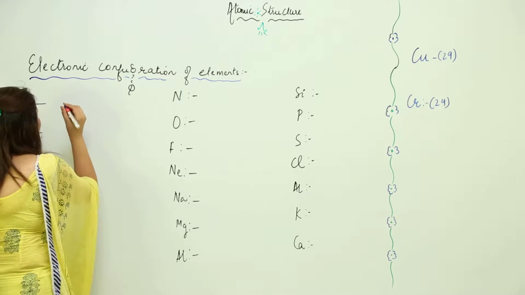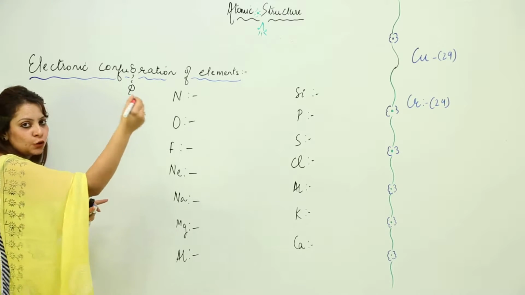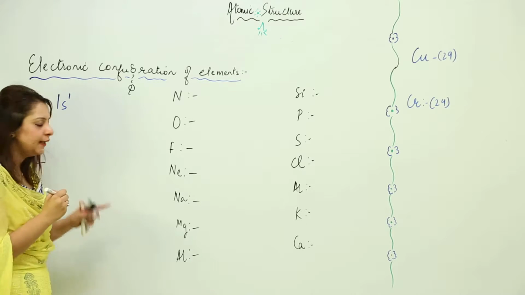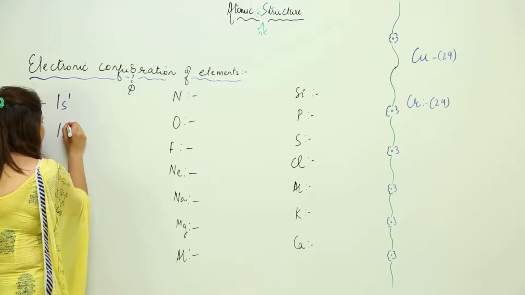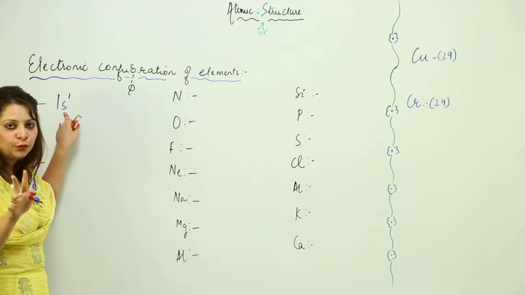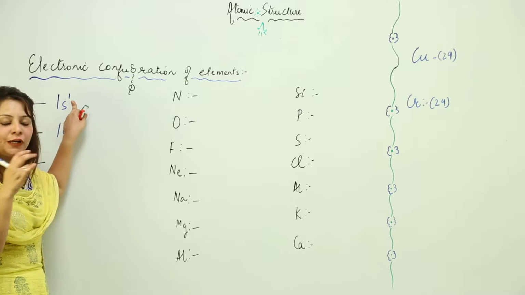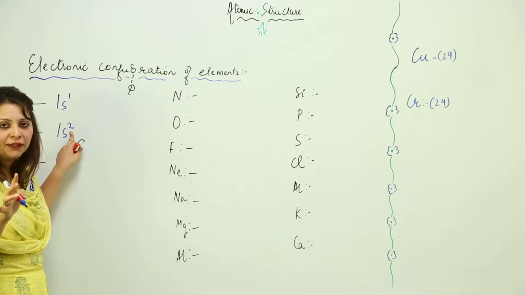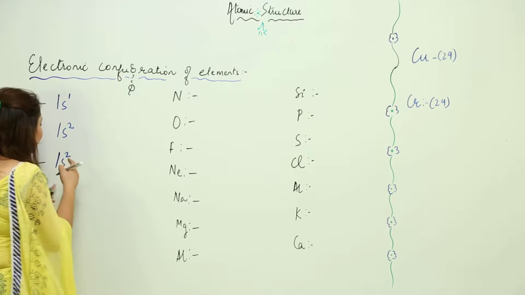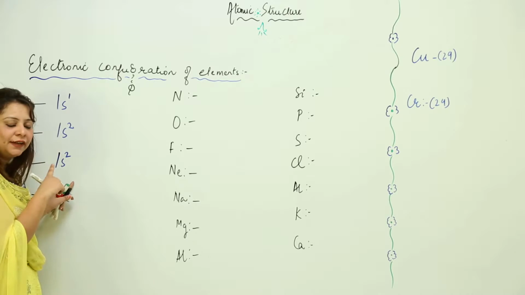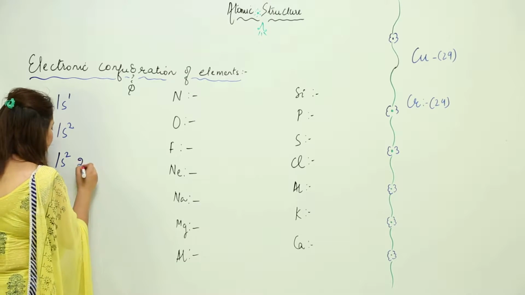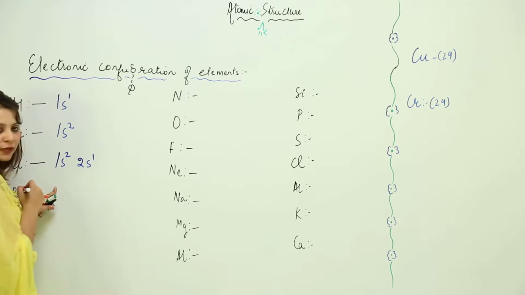So what is the configuration for hydrogen? As we know, we start filling with 1s, 2s, 2p, in the order we did, right. So it is 1s1, and for helium it will be 1s2. Why is it 1s2? Because s can accommodate a maximum of 2 electrons. It has 1 orbital, so it can accommodate 2 electrons. Lithium is 3, so we have 1s2, and we cannot fill more electrons in 1s because it is already filled, since an orbital can accommodate a maximum of 2 electrons. So we need to fill another orbital: it is 1s2, 2s1.